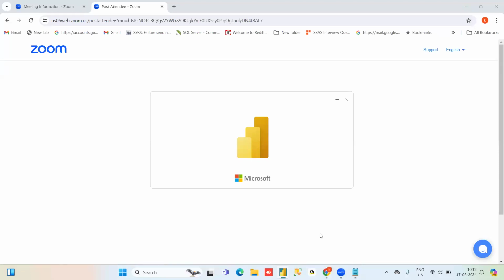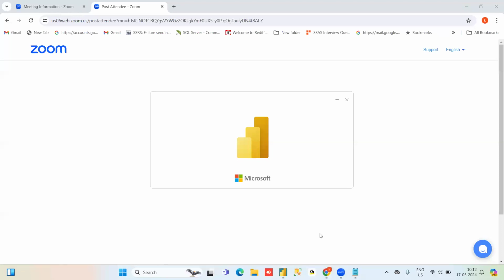For every visual we have a specific purpose; based on the data and the requirement, you go for the suitable visual. Which visual suits which purpose is also an interview question.